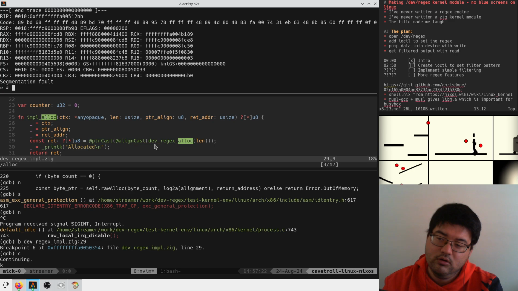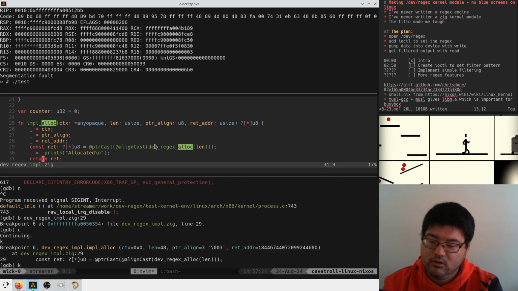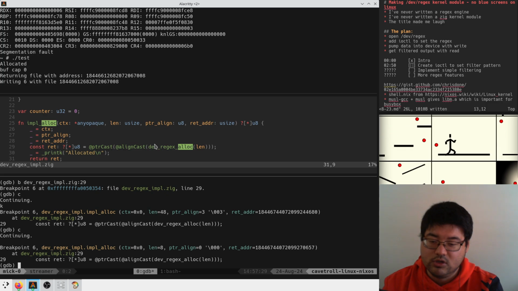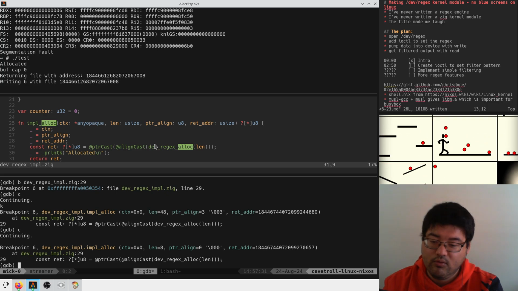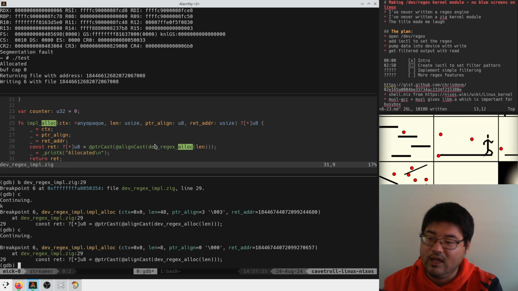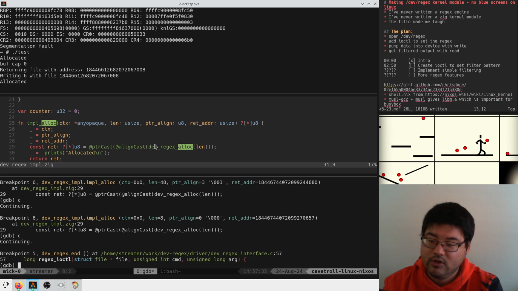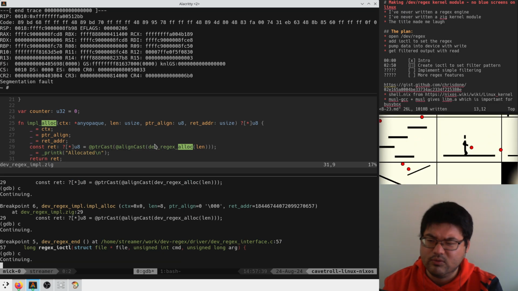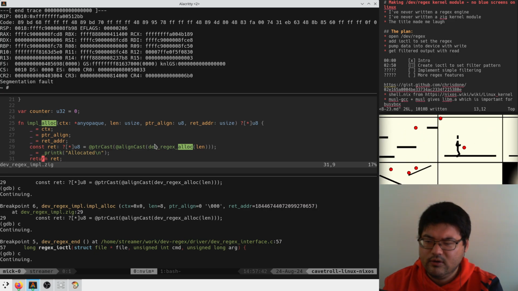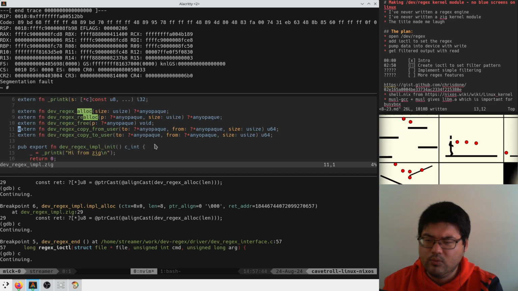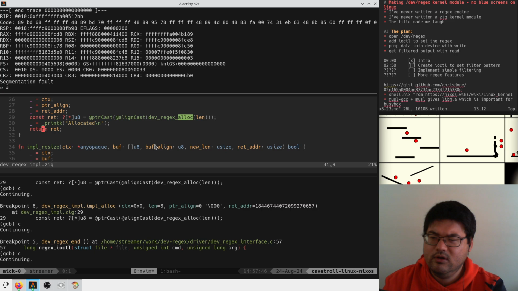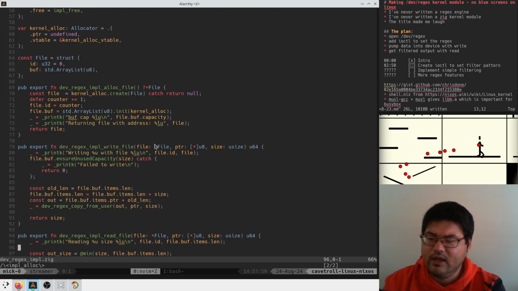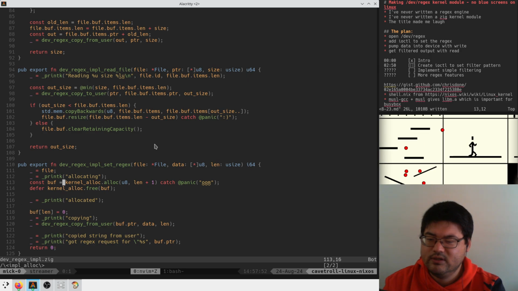Continue. Test. Continue. Okay. So here we are asking for a pointer of length 8. Here we are now in the ioctl, and we continue, and it segfaults before even getting to the allocate, which is very strange. Which kind of lines up with what we saw in GDB just now. Right? It does kind of line up with that, that the allocator interface